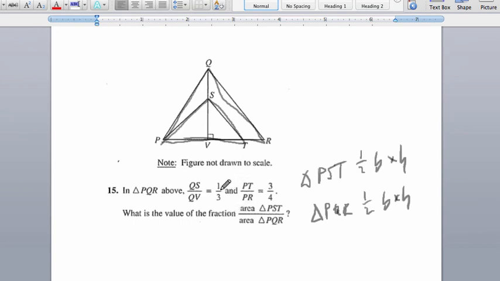So it's actually not that difficult. You can just plug in numbers. But you can see how it's pretty interesting what they're doing. I mean, they're just asking about the area of a triangle in a really different way. So it makes for a good question, and this is a medium